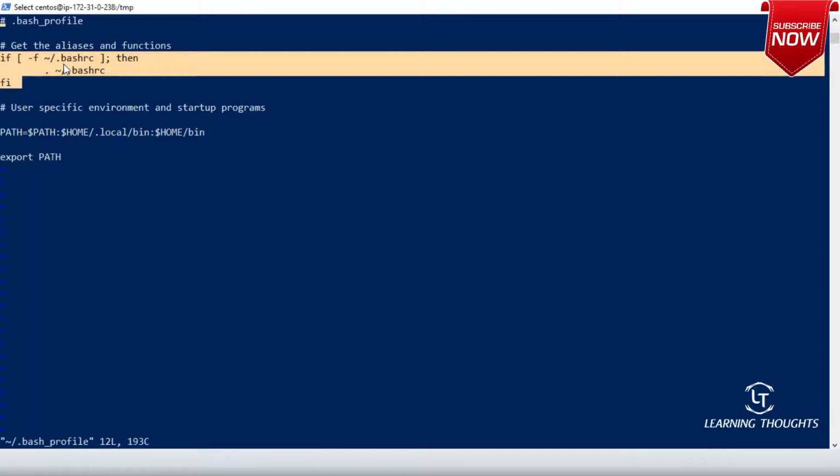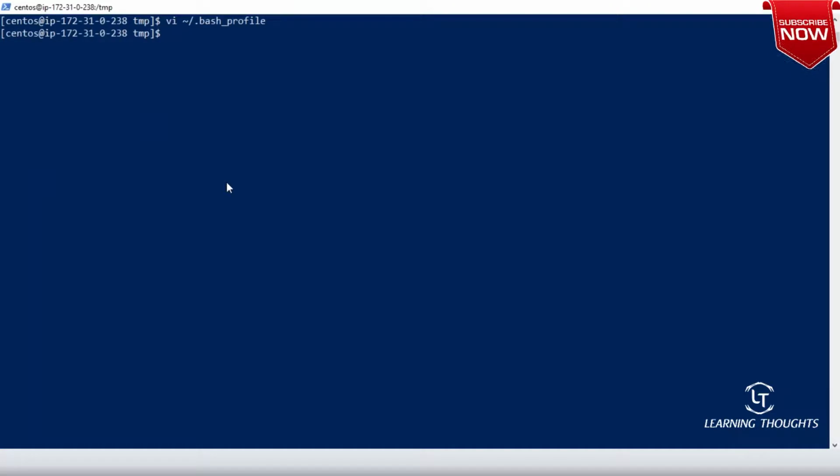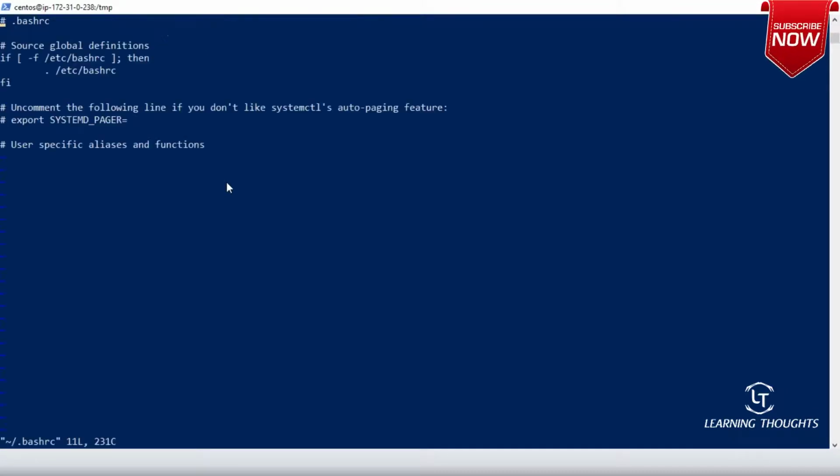In your home directory, if there is a file called .bashrc, then read that file. After you finish reading that file, go and change the environmental variable PATH and add these folders also. Am I clear on this? Now if you open vi .bashrc, see what is present.